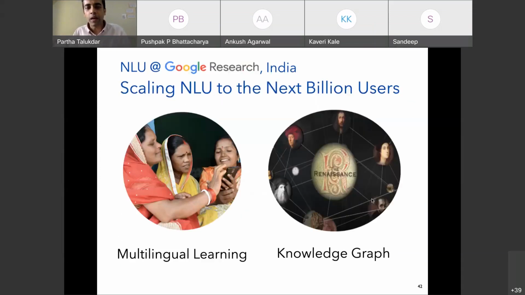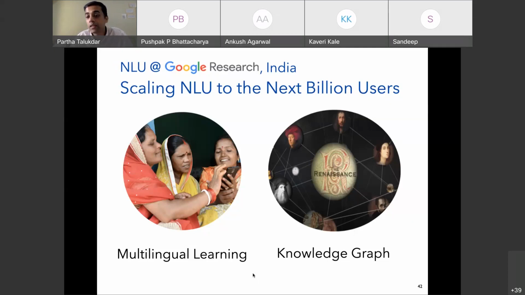And then in my group at Google Research, we have divided our work into two streams. One is knowledge graphs, in particular temporal knowledge graphs, and the other is multilingual learning, where we are looking at how to advance the state of the art significantly for learning with limited supervision and in low resource settings. We can do better for languages like, say, Indian languages, where there is a need to provide